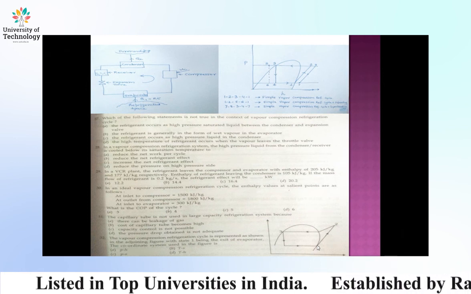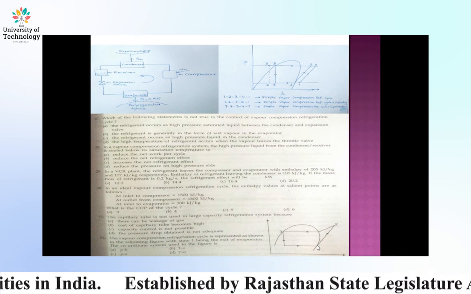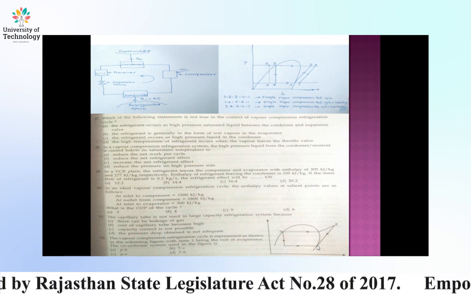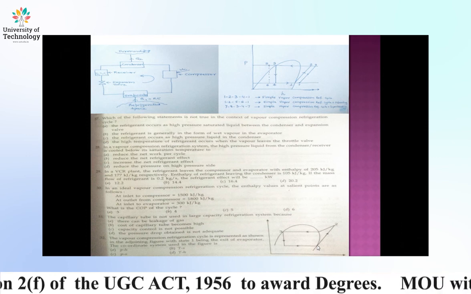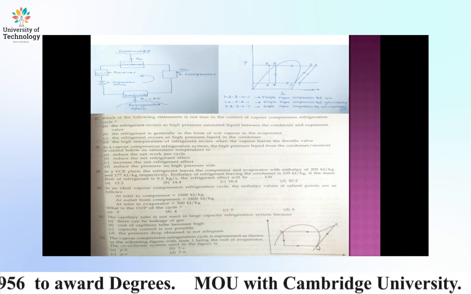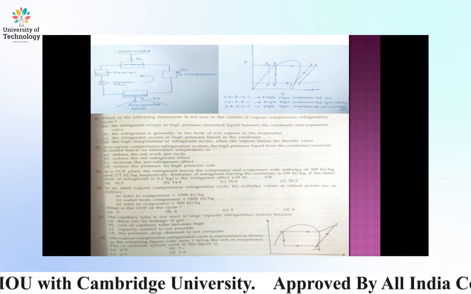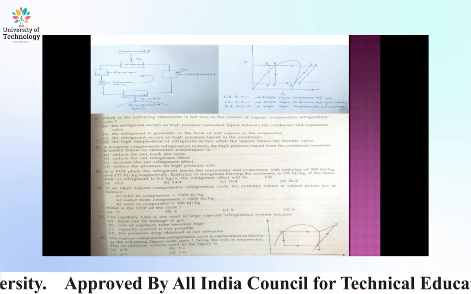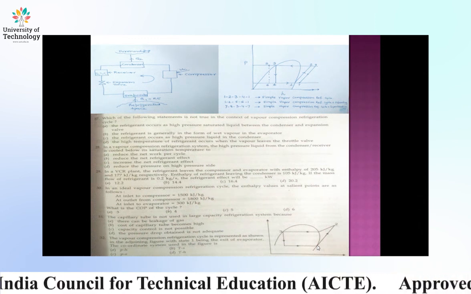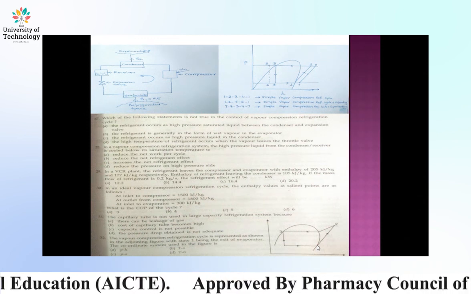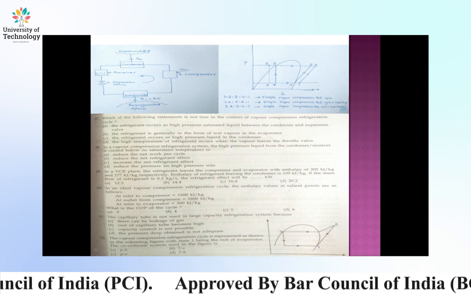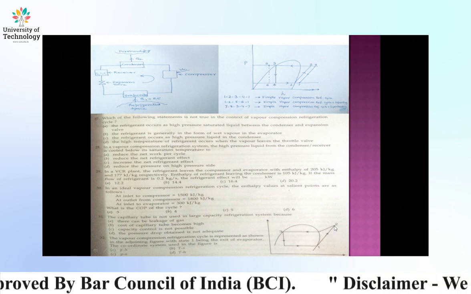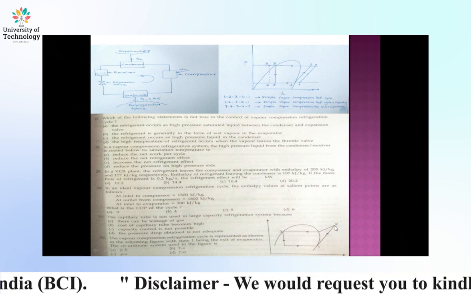The process 1 to 2 is a reversible adiabatic compression process. If this is a Ts diagram, the entropy should be constant and the line should be vertical. But 1 to 2 is not a vertical line, it is an inclined line. In which diagram is the line inclined? In the ph diagram. Then 2 to 3 is condensation. At point 2, this looks like a constant pressure line, so this is not an isobaric process. The appropriate answer is the ph diagram.